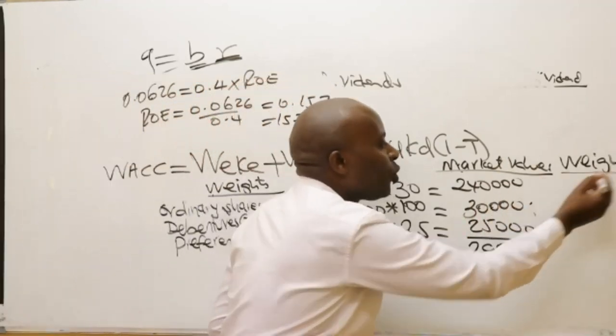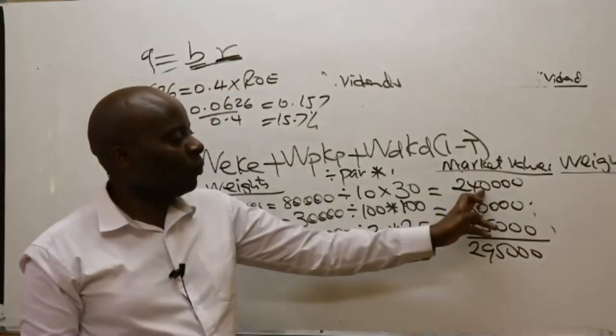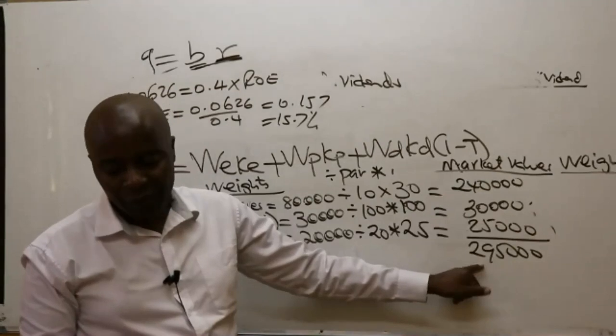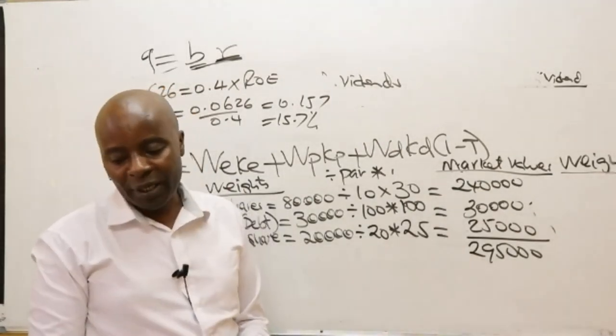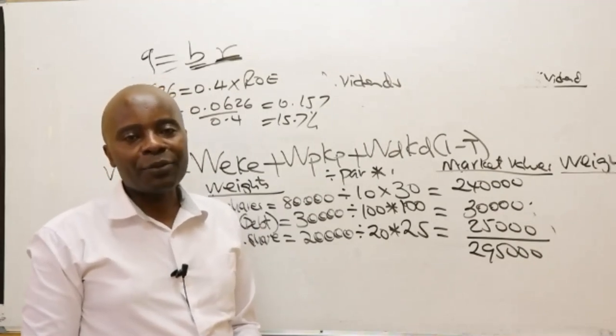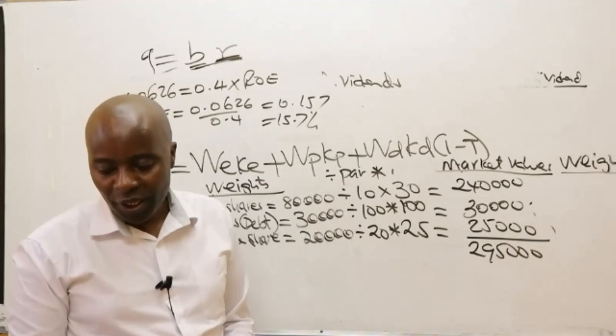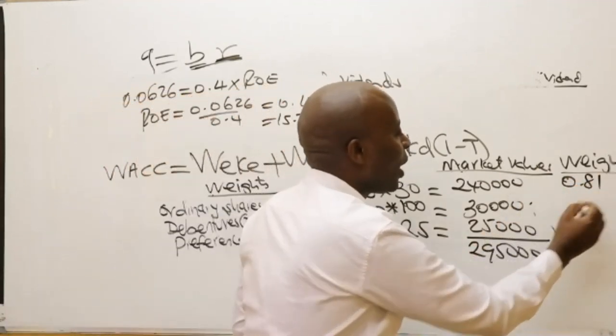What do I need to do to get the weights? You simply take, for ordinary shares, 240,000 divided by 295,000. How many decimal places? 2 decimal places. So I can see from Dan 0.81, and then I have